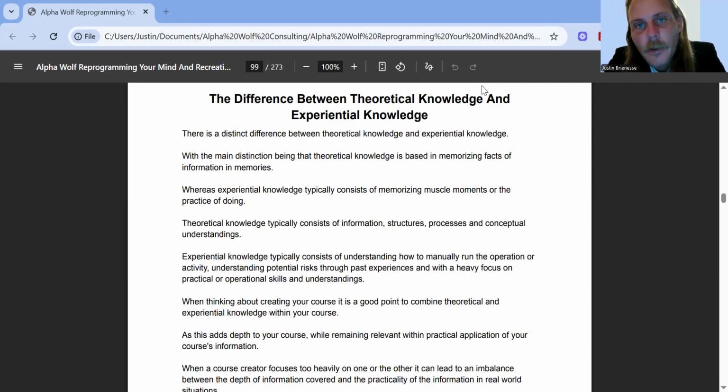So just realize it's very, very powerful when we think about creating courses. And if you think about creating courses for your customers, creating courses for your staff, or creating courses to demonstrate the value of your products or services, then what we're thinking about is the most potent way for someone to understand is if I can help them conceptualize it through their own experience. And we do this predominantly through experiential knowledge.